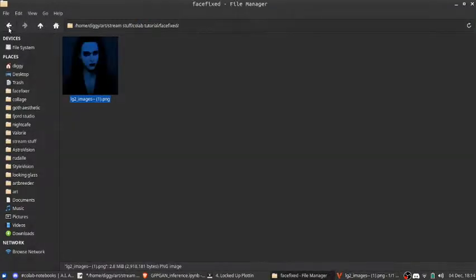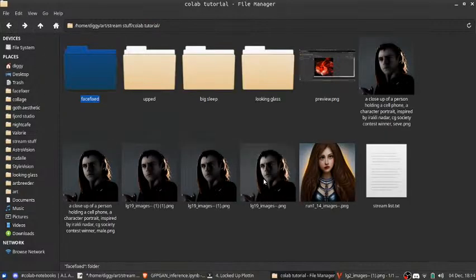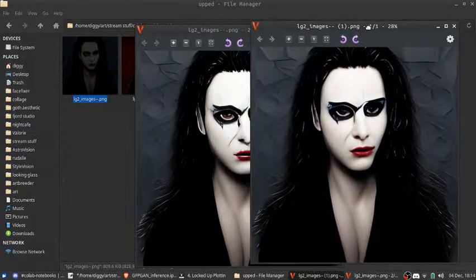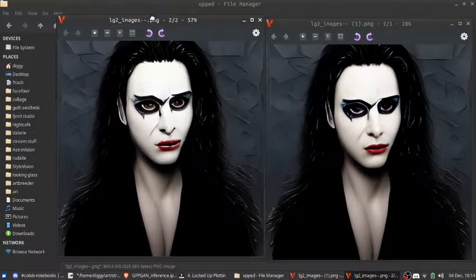We have to compare it to the old one. Okay. So you can see